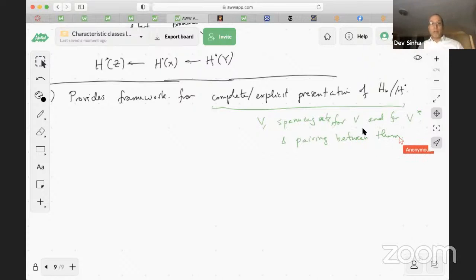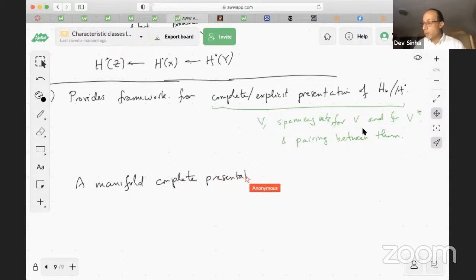So it's one thing, if you're in a finitely generated free setting, then you just have the rank as the only invariant up to isomorphism. This is giving you something finer. And of course, in this case, what we would have is, let's just define a manifold presentation. A manifold complete or explicit presentation for the homology and cohomology of a manifold